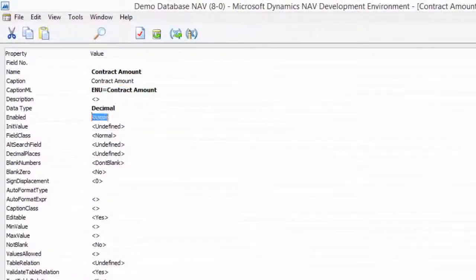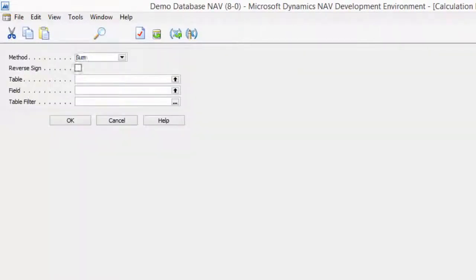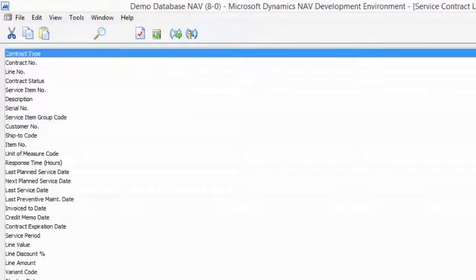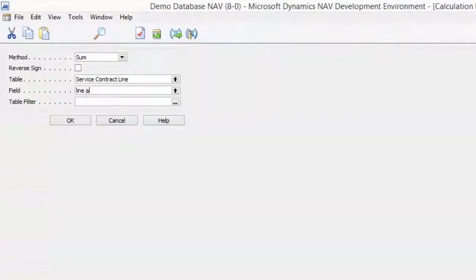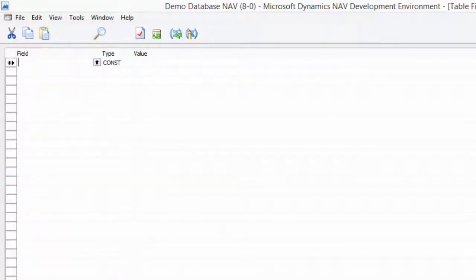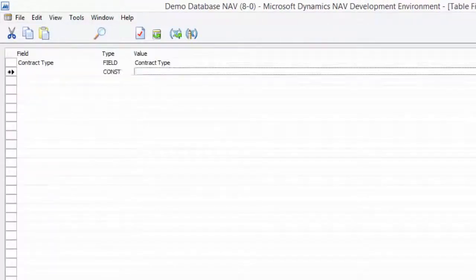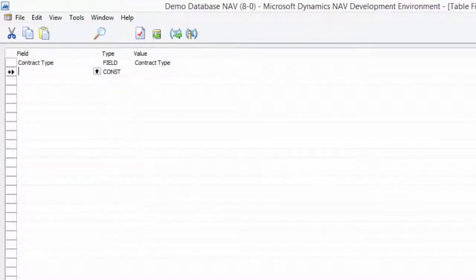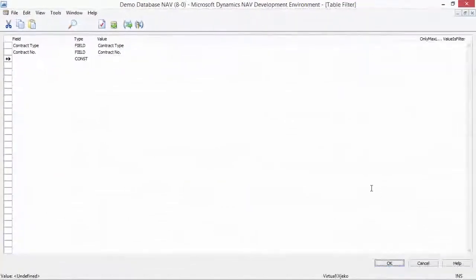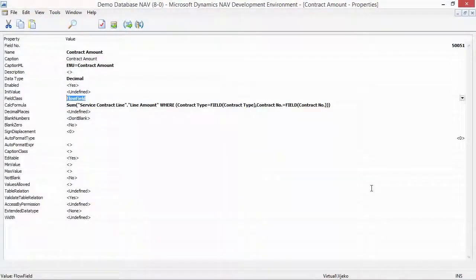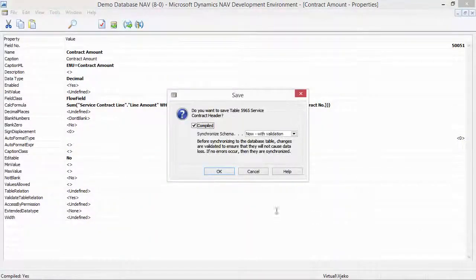Then I will set a caption property and I will set the field class to flow field, and the calculation formula will total the service contract line table field line amount, and the table filter will be on contract type, which I will link to the contract type of the parent table, and then contract number, which I will link to the contract number field from the parent table. So I have my flow field almost configured. I need to set editable to no. Now I will save the table